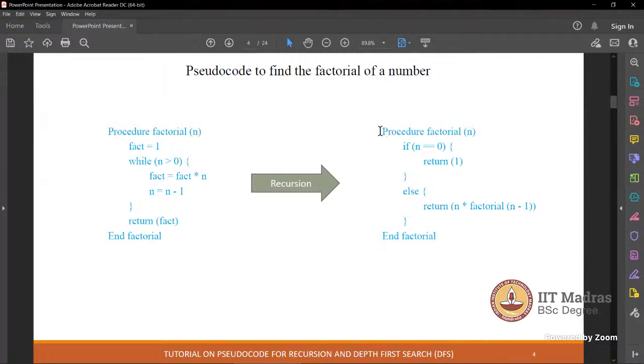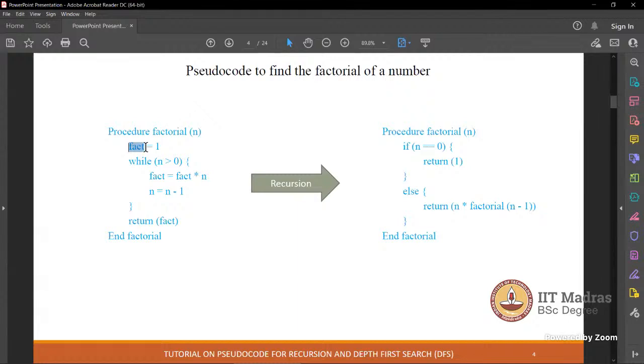Sir, I have a doubt. Where is the relation between fact and factorial? Okay, fact is a variable, right? Which will hold the value of factorial of n. What relation are you talking about? I did not get it. It is similar to integer and its short form, short int. Yeah, so factorial is a procedure.